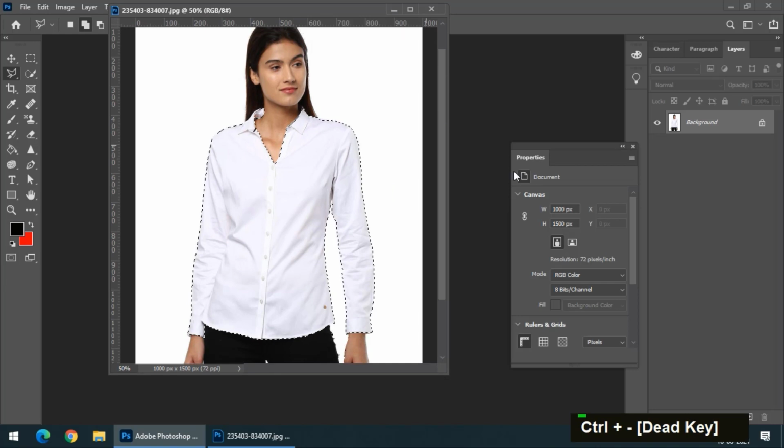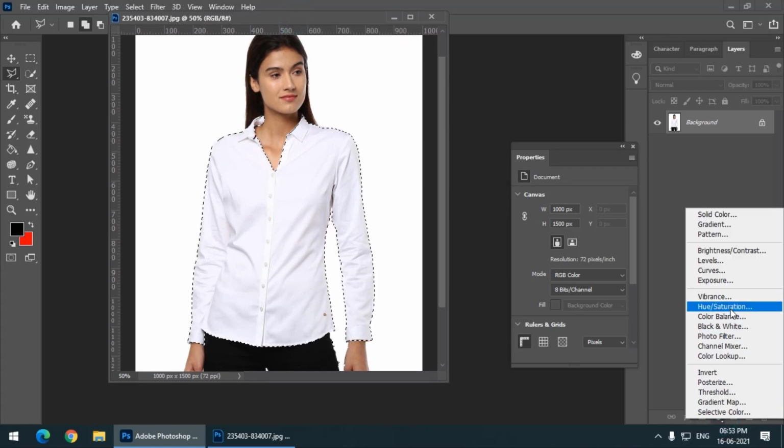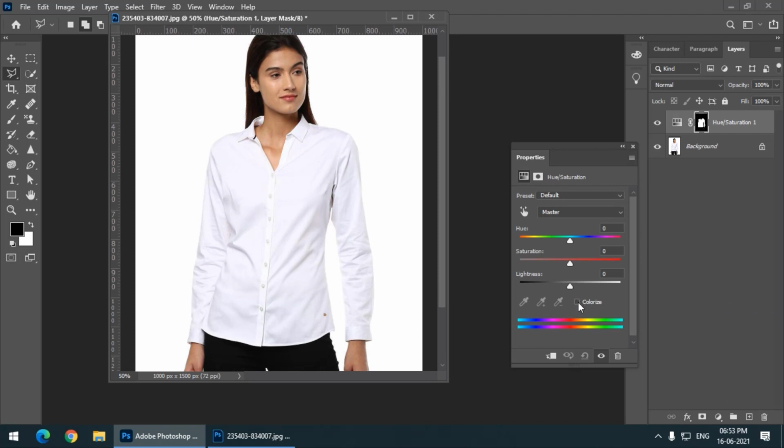So let's say if I want to change the color, I'll first use the regular hue saturation option and click on colorize. Let's say I want green color and I will increase saturation. As you can see, there is not much of an amount which will be applied to the object because it is white, and in Photoshop it mostly doesn't consider white a color.